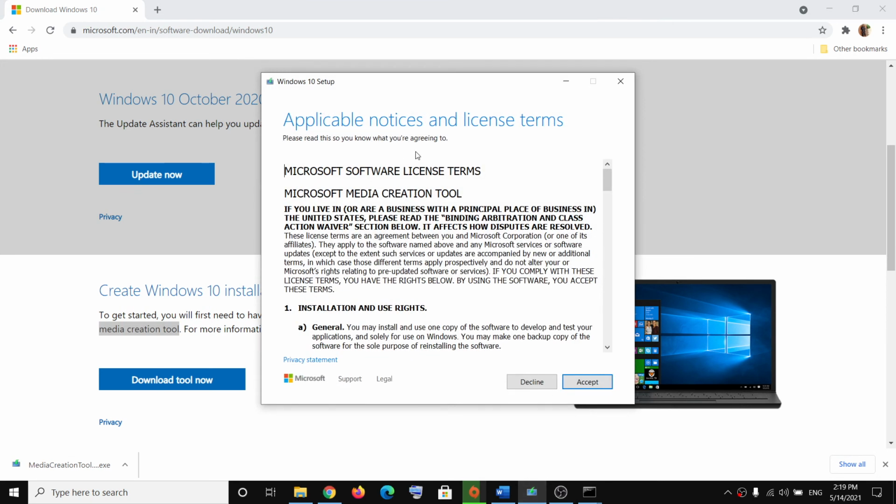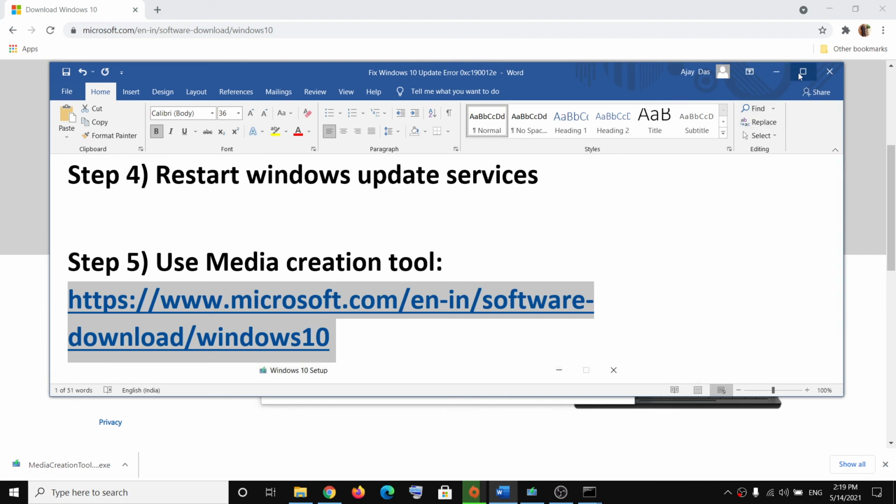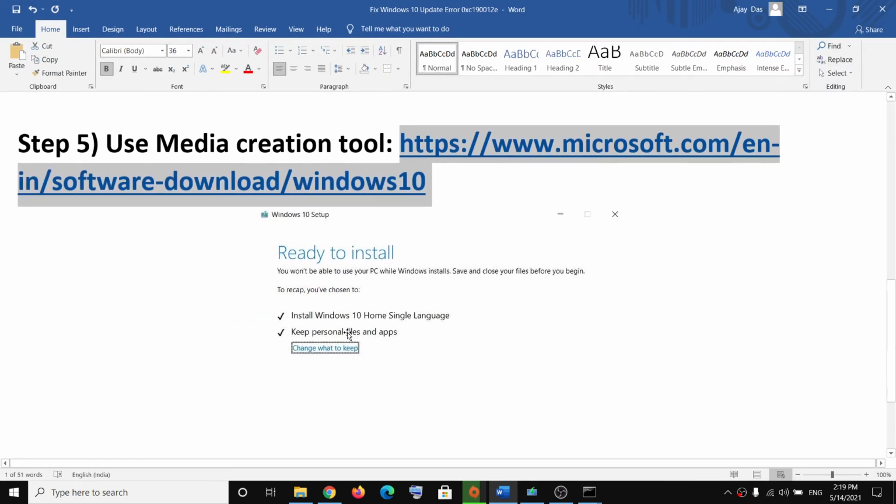this screen. Agree to the terms. So click on Accept. And by default, Upgrade this PC now would be selected. So click on Next. It will start downloading Windows 10 along with the latest update. Now this process will take time. Now once the download is complete, you will see this screen which says Ready to install, and by default the